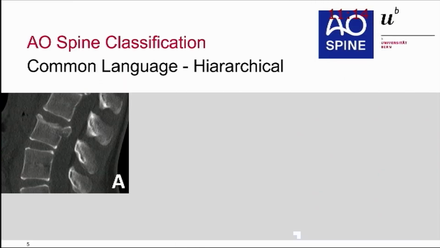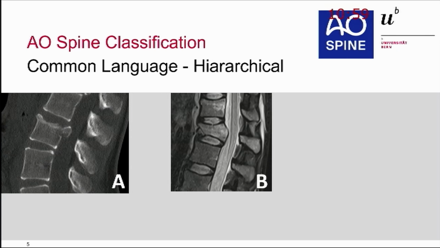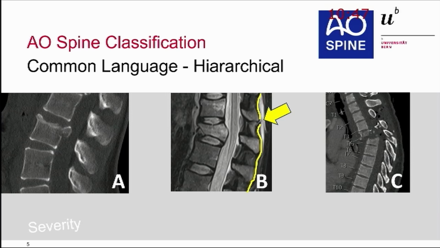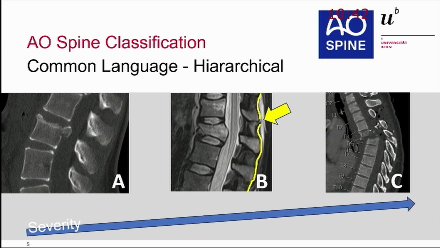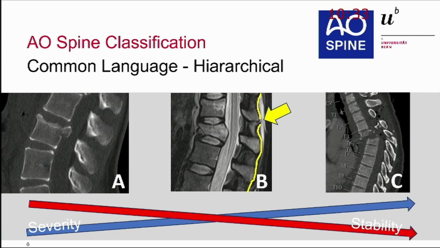So the AO spine classification, why is it so useful? When you think about any injury, we recognize different patterns they repeat. So the AO spine classification tells us an A fracture affects the anterior column, and a B fracture affects all three columns, especially sometimes with a PLC injury. And a type C fracture, the most devastating fracture we can face. And the AO spine classification is hierarchical, so we know an A fracture is more stable than a C fracture, and a C fracture is more severe than an A fracture.